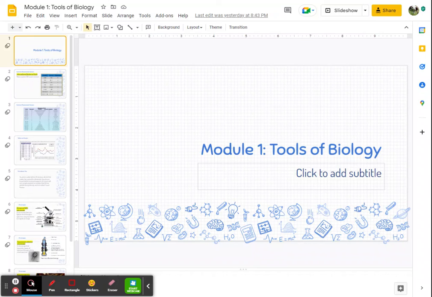Hey everybody, this is the last one of module one, and this is tools. A lot of this is going to be memory, so some of it's going to be new. The microscope's definitely new. We're going to do a whole lab on a microscope. We're going to have fun with it, and we're not only going to do one lab with a microscope, but